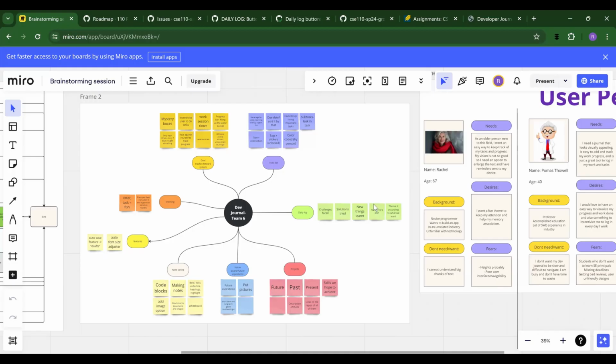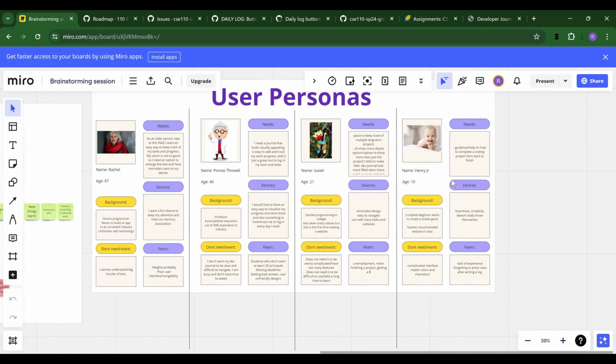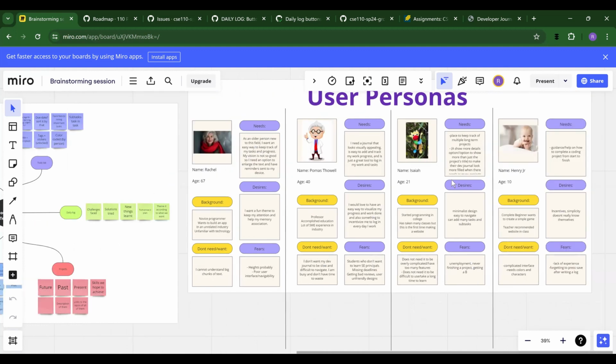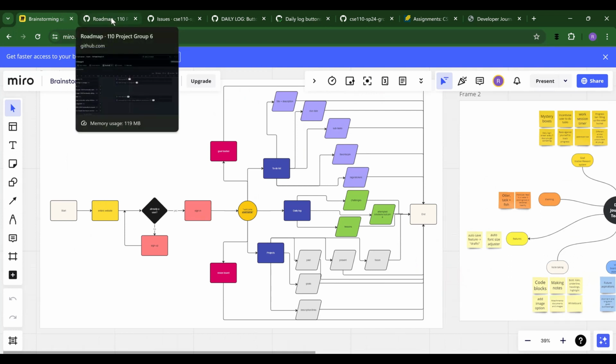So this is where we started. This is our brainstorming session on the Miro board, and we kind of just went over different features that we'd like to see, such as to-do list, daily log, projects. We also considered user personas to try to get a sense of the wants and needs, and this really helped us narrow down the features to the most important things. It also helped us get a sense of who our audience might be, like who might surprise us. We tried to make our audience as diverse as possible. And then here's a flow chart, kind of just the navigation of our website, how we expect users to use